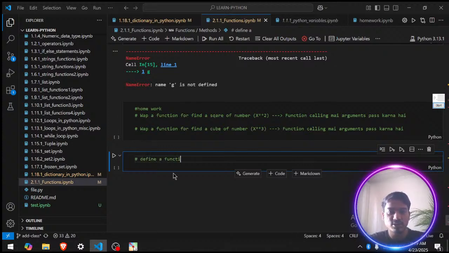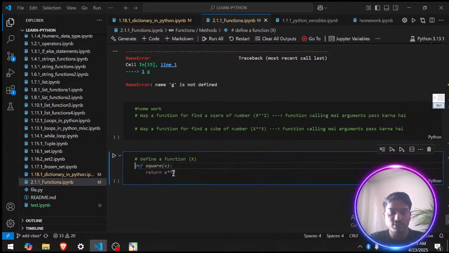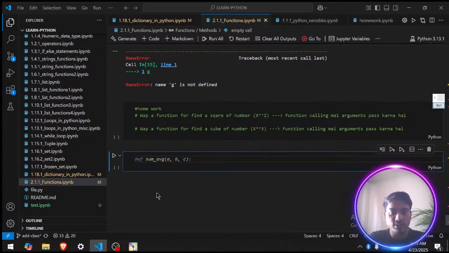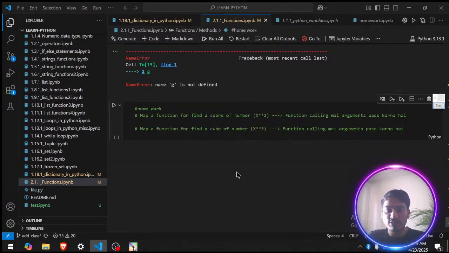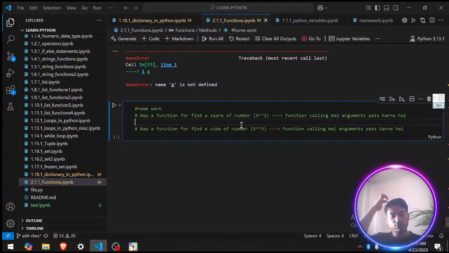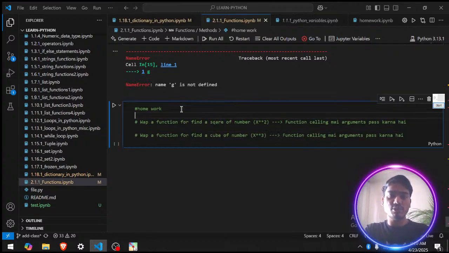डिफाइन ए फंक्शन जिसमें आई विल पास सम आर्ग्यूमेंट, ठीक है। ये मत पास कर देना डायरेक्टली ऐसा, यू कैन डू दैट बाय द वे, ठीक है। उसके बाद आई विल राइट अ कोड, तो दिस विल समथिंग कोड लाइक दिस, ठीक है। मैं इसको डिलीट कर देता हूँ। एनीवेज, ट्राई टू थिंक योरसेल्फ एंड देन यू नीड टू डू द फंक्शन कॉलिंग, और कुछ आउटपुट आएगा, फिर वो फंक्शन ऐसा रहेगा कि उसको यूज करके यू कैन गेट अ स्क्वायर ऑफ एनी नंबर, square and cube of any number, ठीक है। so this is a homework for you guys,